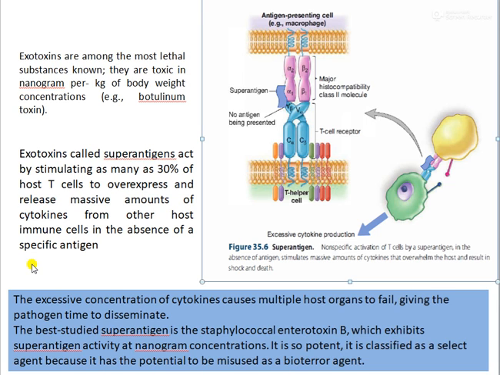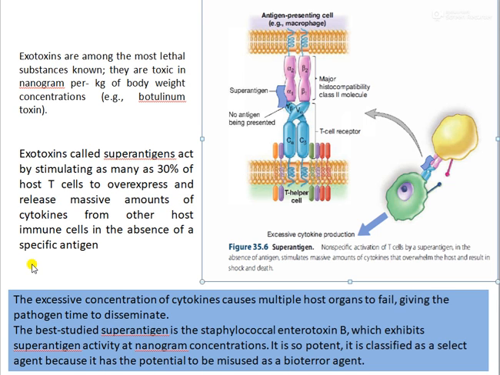So what would happen when the exotoxin produced by the microorganism is handled here? The presence of these exotoxins induces the T cell response and a large amount of cytokines. These are chemokine-like substances which have an immunoregulatory role. So when lots of cytokines are formed, what happens? Multiple organs of the host get targeted, and at the same time, the microorganism producing these exotoxins also gets time to disseminate or spread